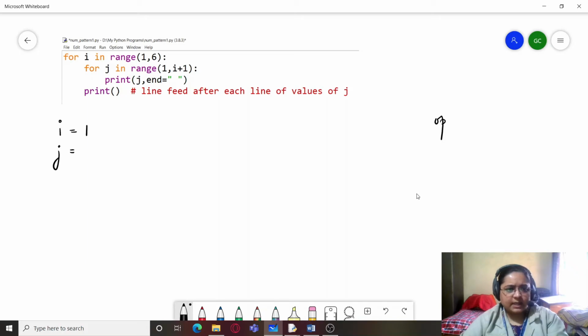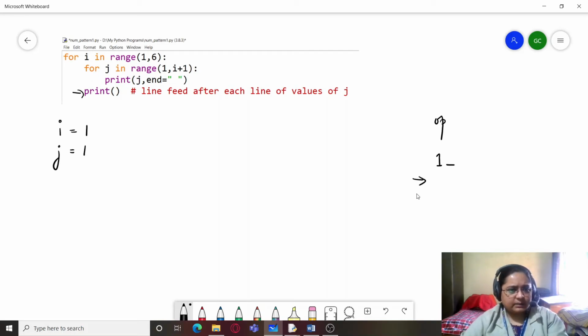So I takes the value from 1. For j in range 1, I plus 1: because I is 1, I plus 1 will be 2, so j will iterate only once. Print j. So what will be printed? 1 will be printed followed by a space. So I am representing space in this way, and hence the inner loop has completed its execution of one iteration, and it comes to this statement, that is line feed.